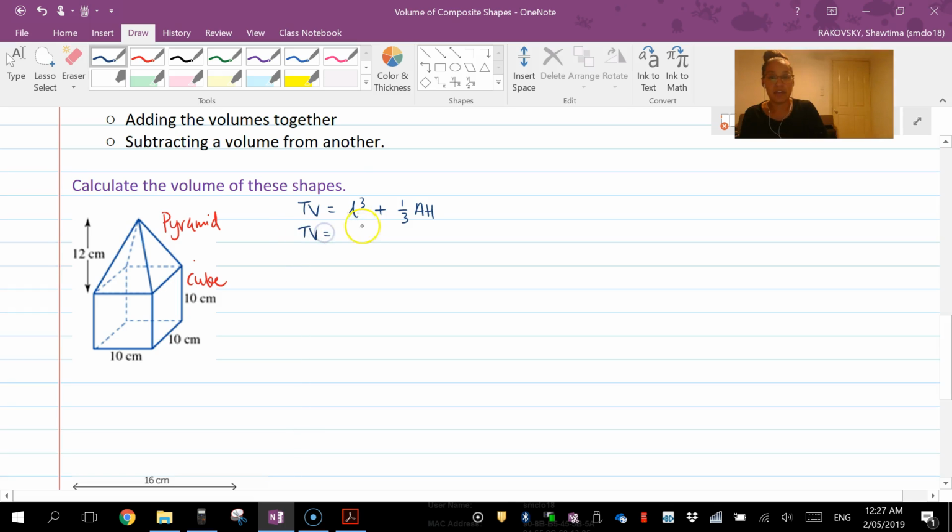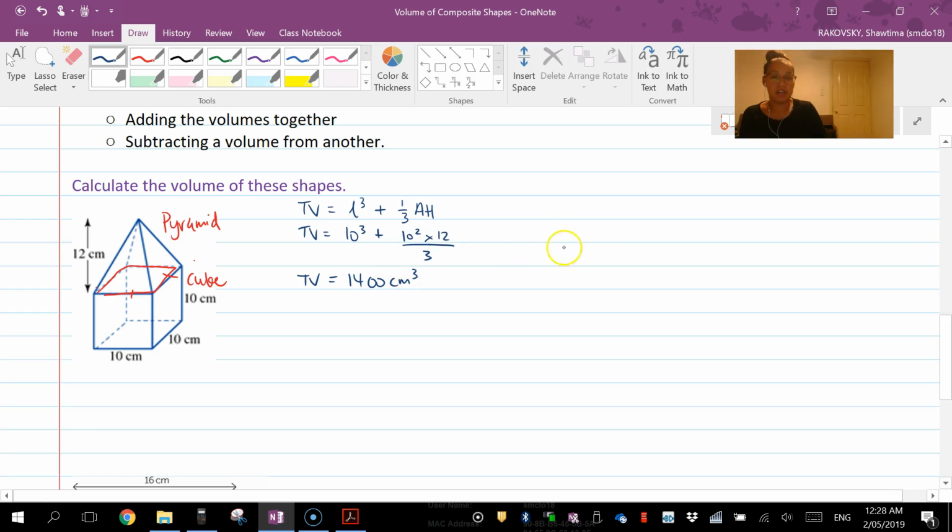So total volume equals 10 to the power of 3 plus, now the base of this pyramid is 10 by 10, so that's going to be 10 squared times the height, which is 12 here, and I'm going to divide that by 3, and that gives us a total volume of 14,000